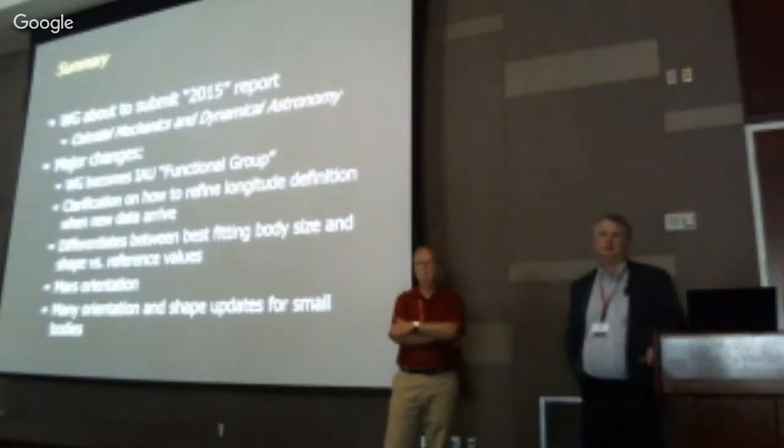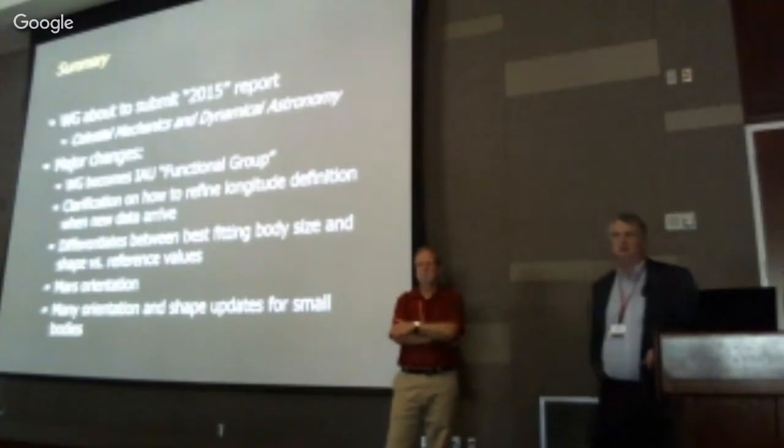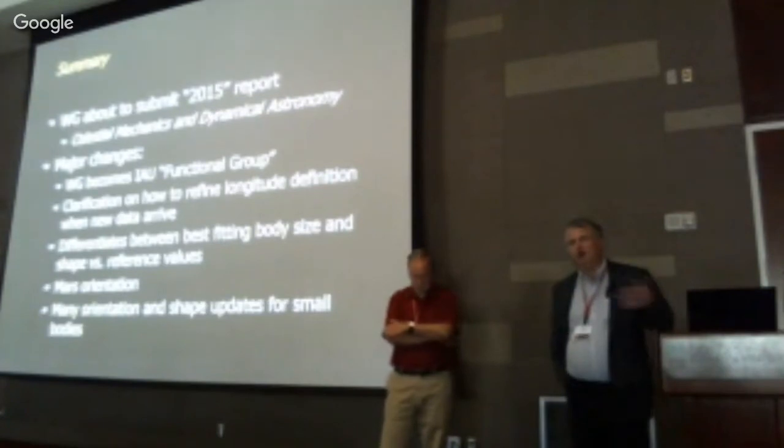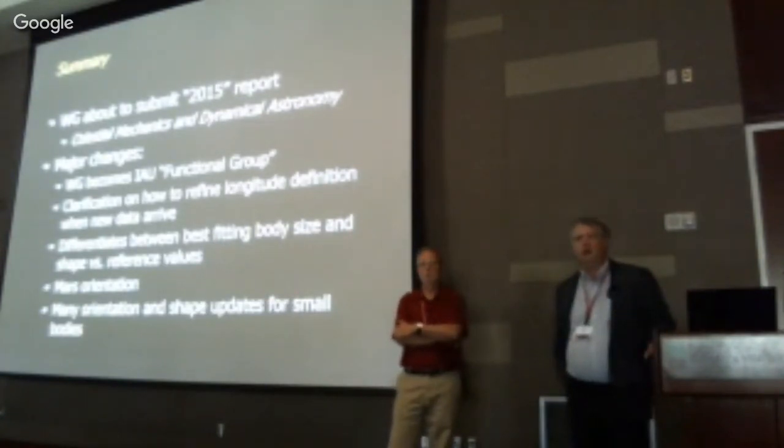I know this is still under discussion, but when you have a body that has two surface points at the same location, is that when we go to a straight XYZ system? Oh, you're talking about multi-valued objects. So if you have an object where the radius passes through the body more than once, such as Eros or Itokawa,